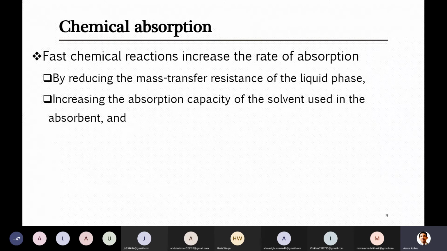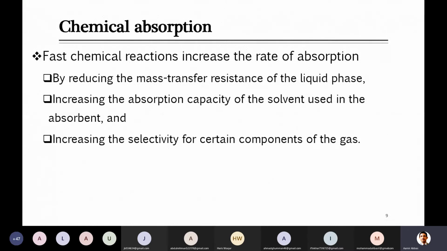Like in a physical system, mostly you can just give a small amount of heat and recover the solvent. And in those cases, if there is a small change in the column temperature, maybe desorption will take place inside your absorber. So due to these reasons, these chemical systems are better. Next, when you select an absorbent in the case of chemical reaction, it will be highly selective toward the gas which you want to absorb. So you will mostly absorb only the component which you want to absorb, and other components are not absorbed, so you are not losing other components which were not supposed to be absorbed inside the system.